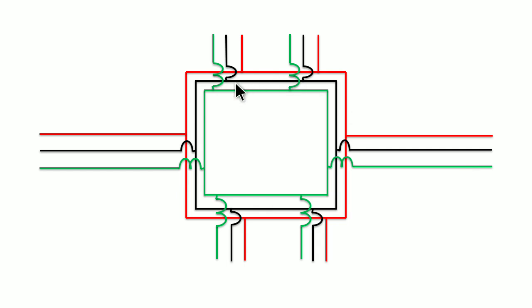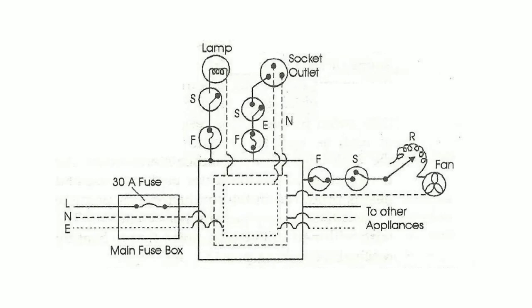So let's understand it in a better way. Here we have the ring structure. This one is the live wire, and this is the neutral, N. This is the neutral, it is connected out here, and the earth wire. All right, so it's crossing over the live and the neutral wires, and this is the earthing.